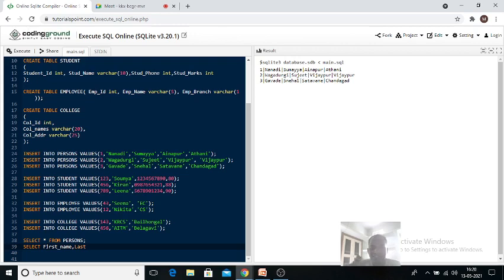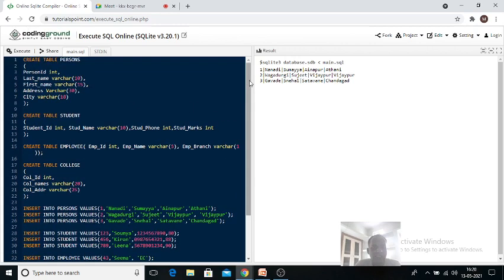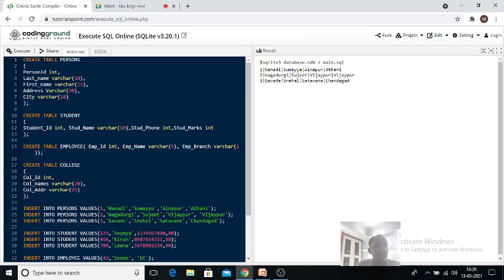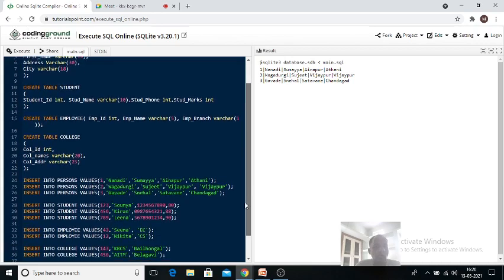You have to give the same column name as you have given while creating the table. Last name, and I want place, meaning city. Person city is there, no, or only city. Okay, we'll see it. City. So I want only these things.